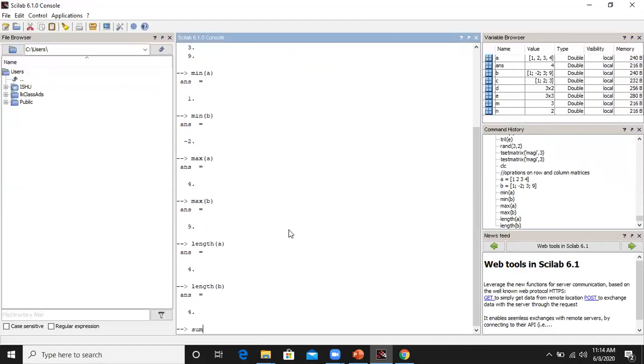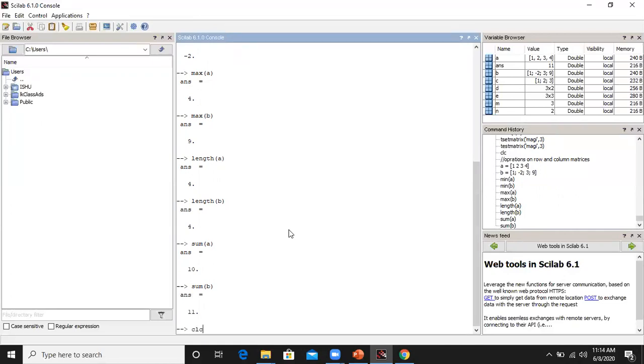Then sum of elements within row matrix is 10. Then sum of elements in the column matrix B are 11. So this way we can perform various operations on row and column matrices.